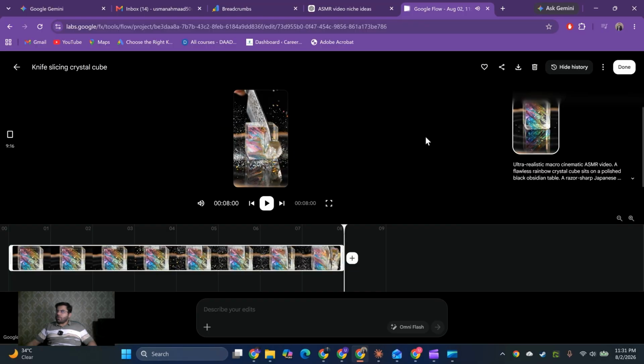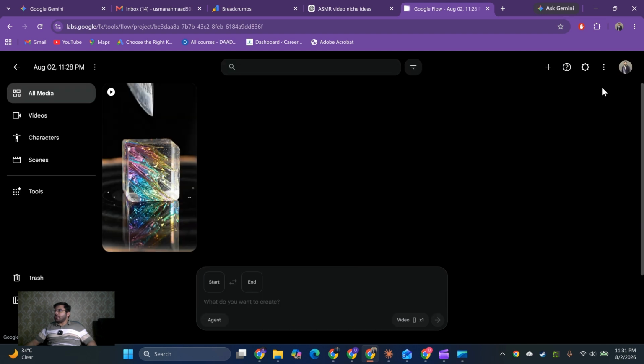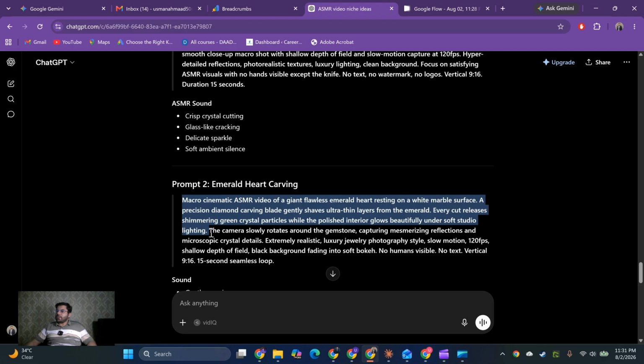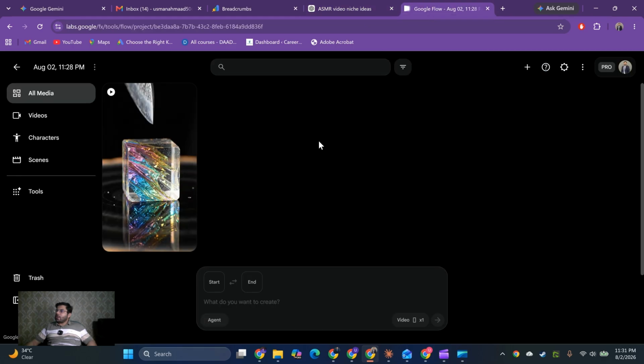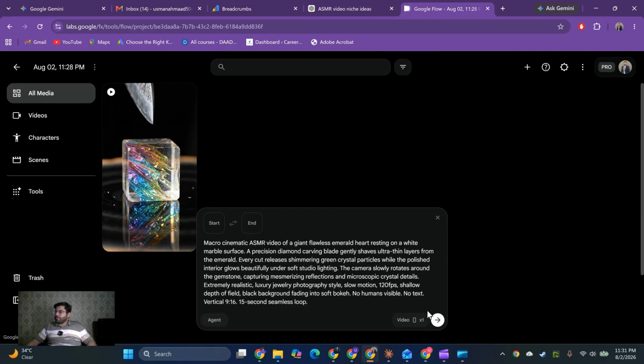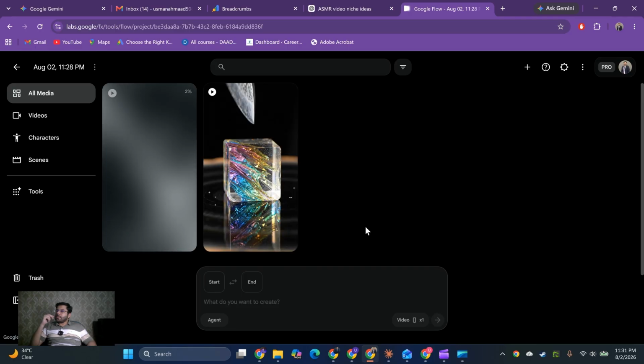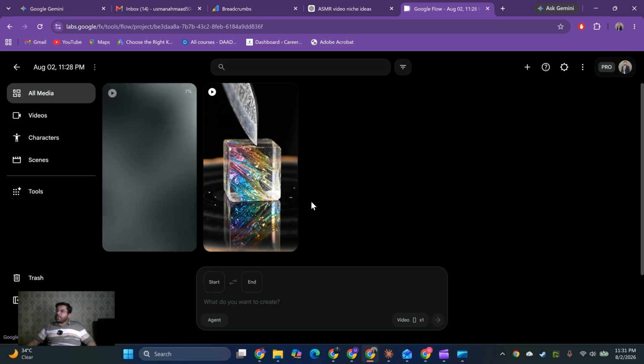you can now use this. You can also edit this, you can add more content into this, add different layers, you can also add text. So this is up to you. And now this is ready to be uploaded. Again you can paste the second one. Let me do the second one as well and paste it here, and you can see it is again processing, and you can also create many videos at a time.